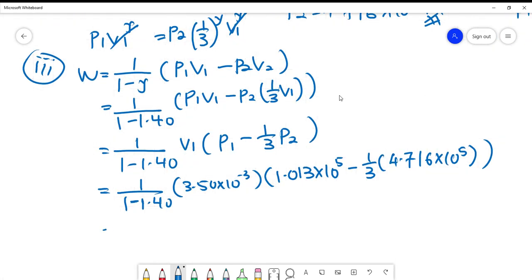So 1 over 1 minus 1.40, times 3.5 times 10 to the power negative 3, times 1.013 times 10 to the power of 5 minus 1/3 of 4.716 times 10 to the power of 5. So what we get is